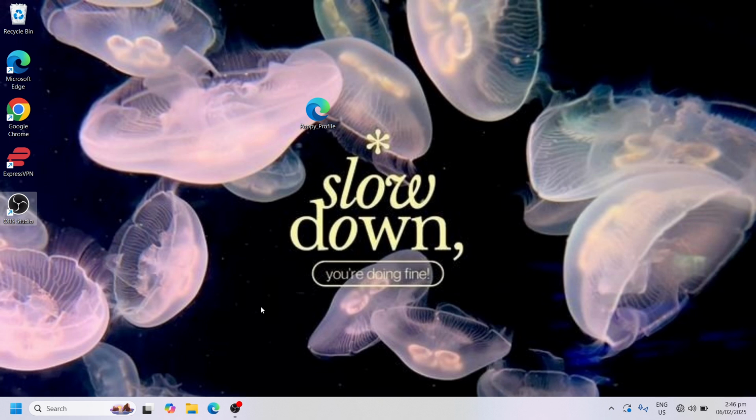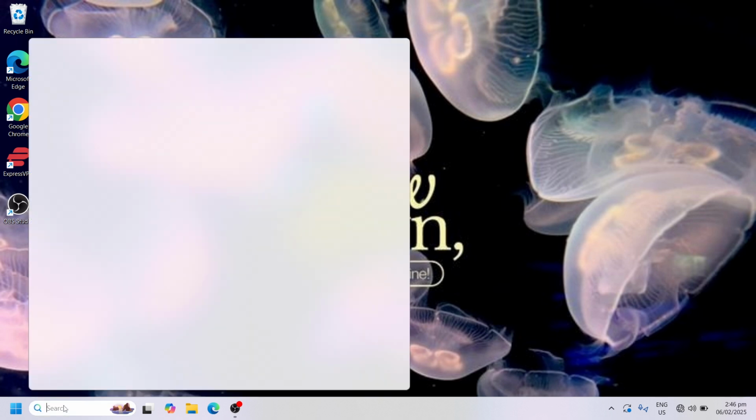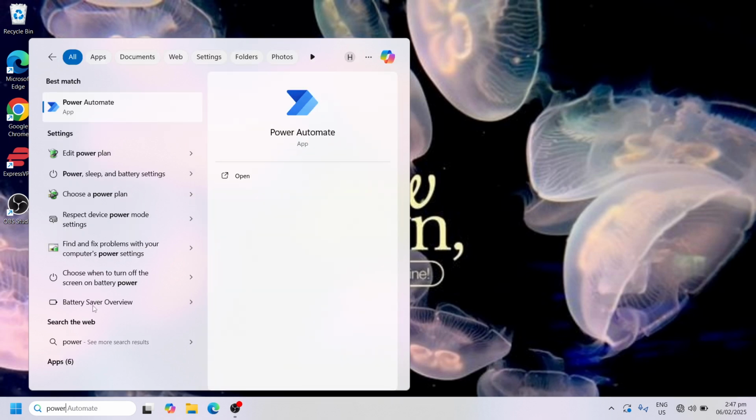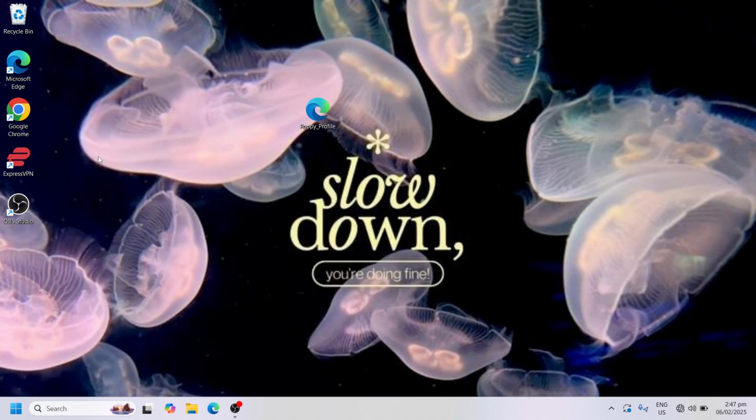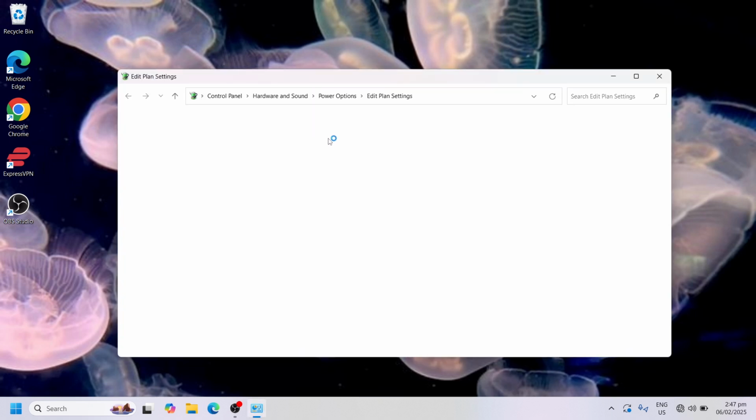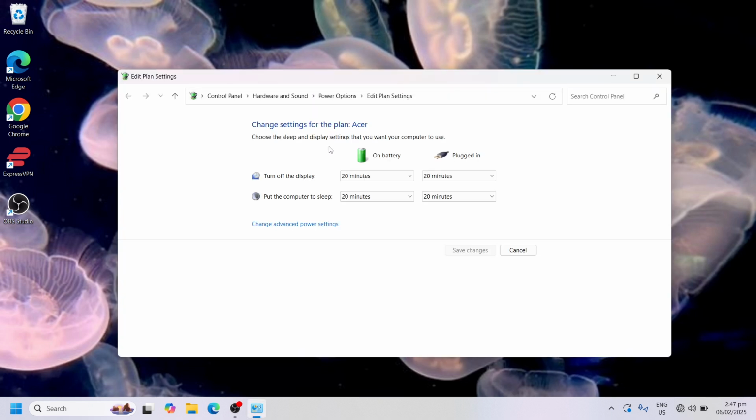And the last step, last important step is you need to search for power here and then go to this edit power plan and you will be redirected to this new window. Here you need to click on change advanced power settings